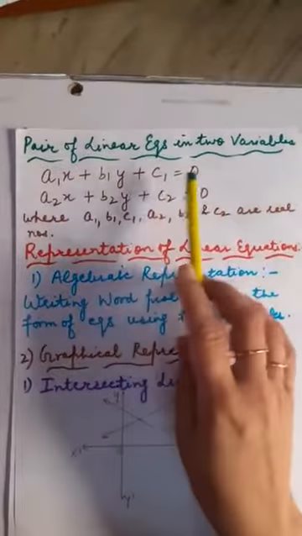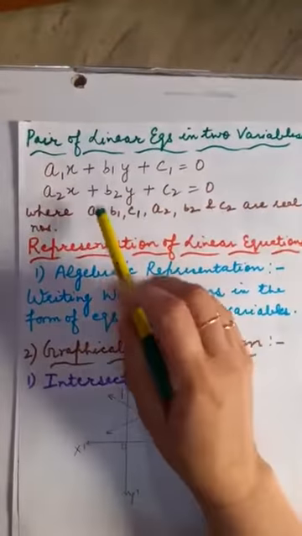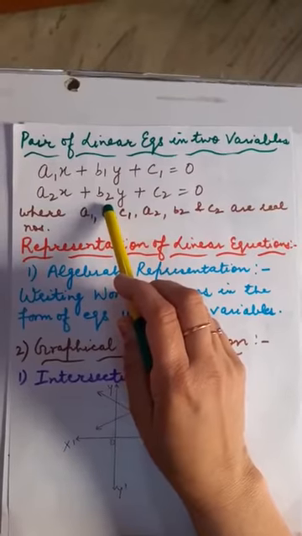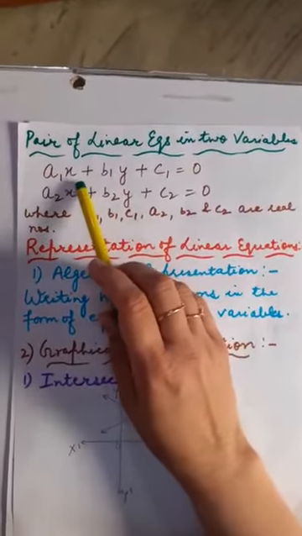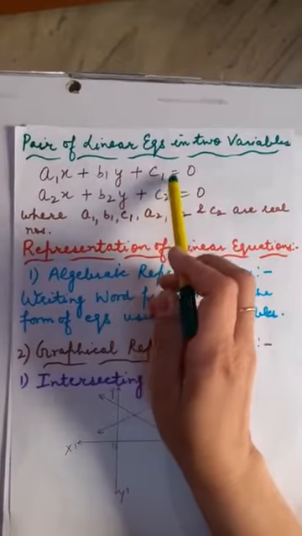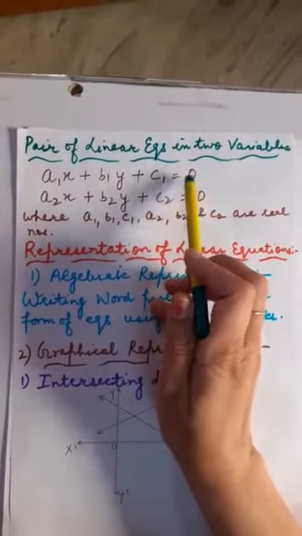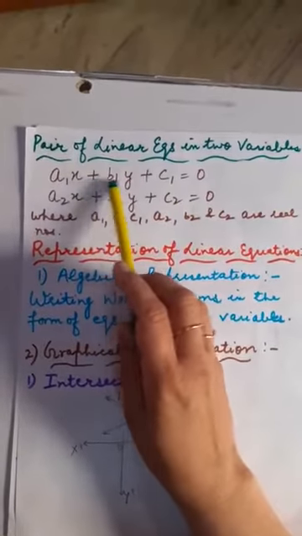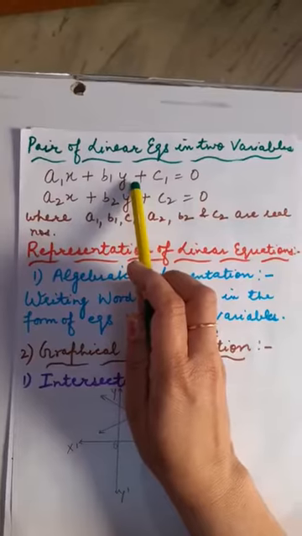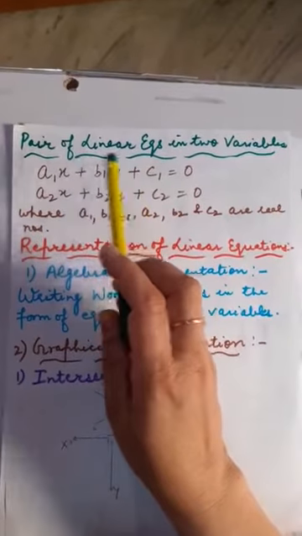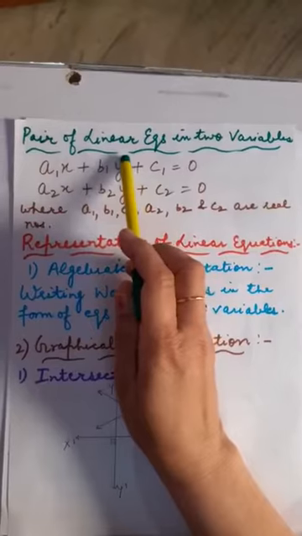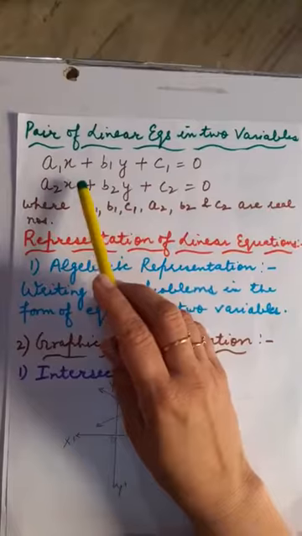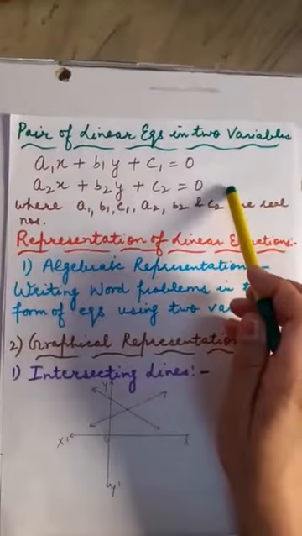This is pair of linear equations in two variables. Look, this is a generalized form, or I should call it the standard form, of a pair of linear equations in two variables. This is a1x plus b1y plus c1 is equal to 0. This is equal to 0, children. Through this you can judge, yes, this is really an equation. And because x and y both are present, this is a linear equation in two variables. Why is it linear? Because the power of x as well as the power of y are both 1. Now a2x plus b2y plus c2 is also equal to 0.